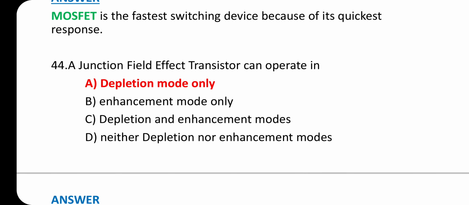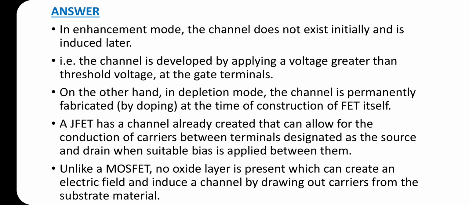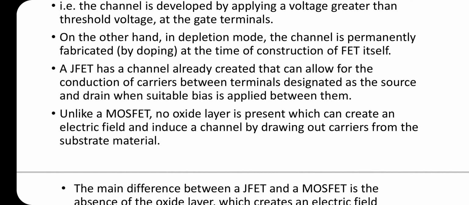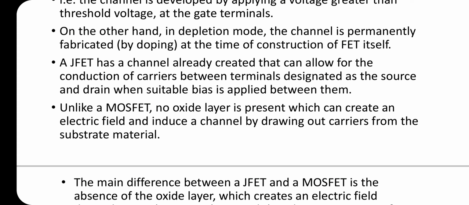Question number 44. A field effect transistor can operate in, answer option A, depletion mode only. In enhancement mode, the channel does not exist initially and is induced later. That is, the channel is developed by applying a voltage greater than threshold voltage at the gate terminal. On the other hand, in depletion mode, the channel is permanently fabricated by doping at the time of construction of the FET itself. A JFET has a channel already created